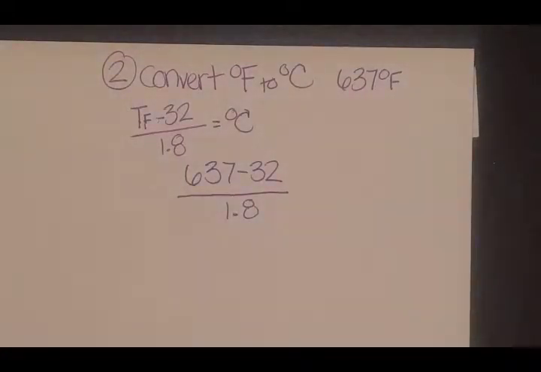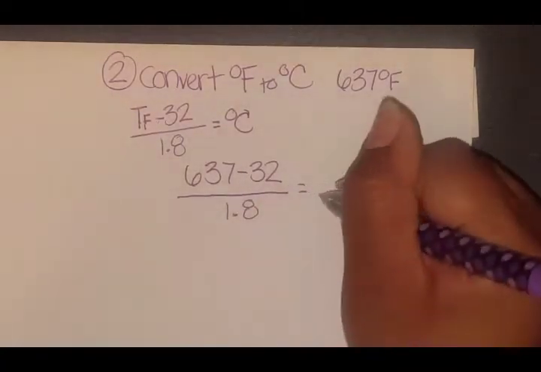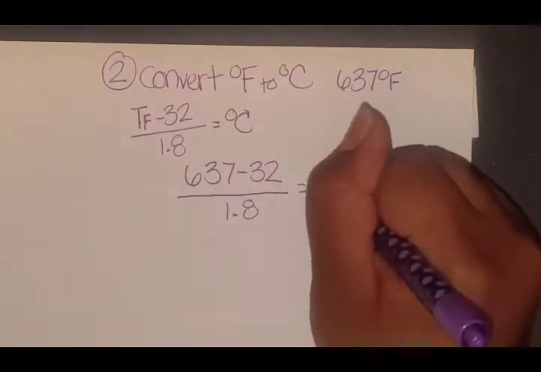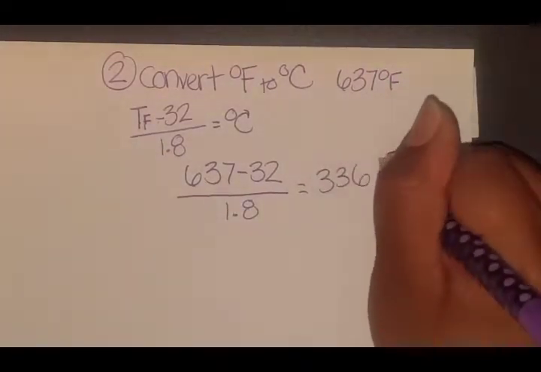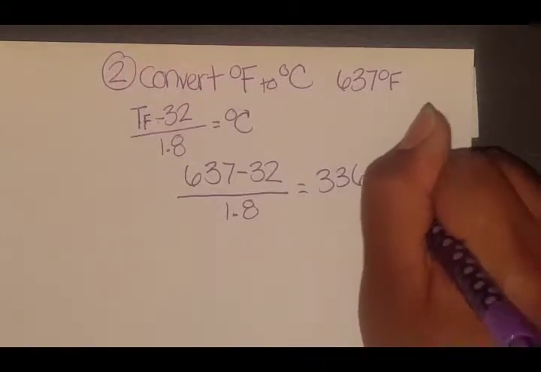If you're going to solve this on a calculator, what you want to do first is put parentheses around 637 minus 32, and then divide by 1.8 to give you your answer. And you would be looking at 336.11